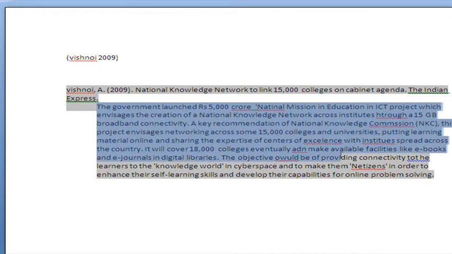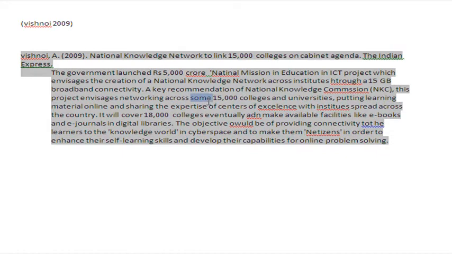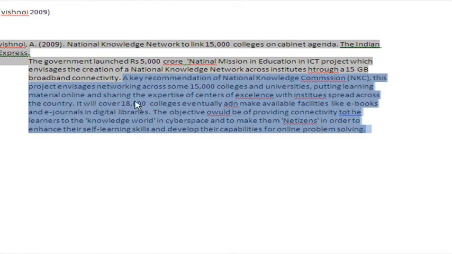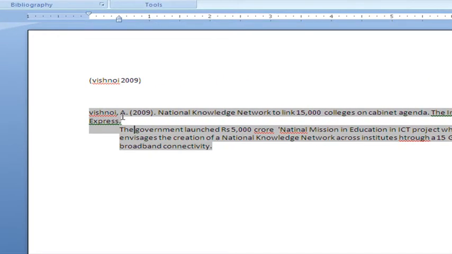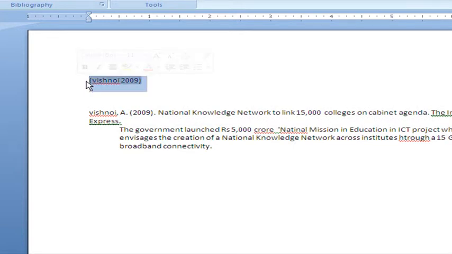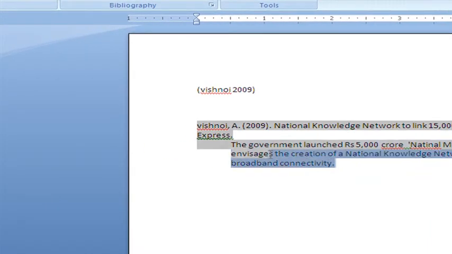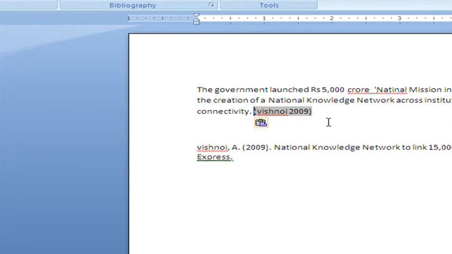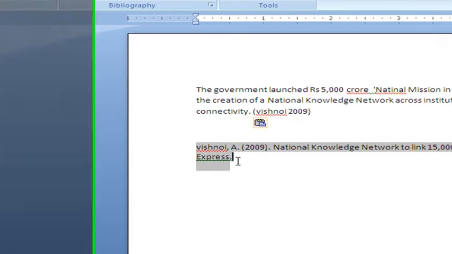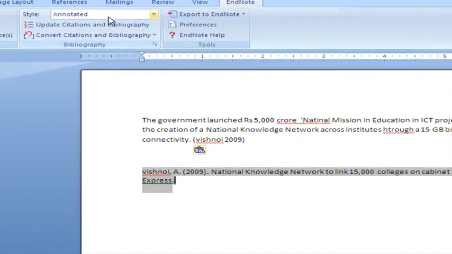This is the citation. I can delete it, like for example I don't want this paragraph, then yeah, this is the one. And for example I will cut this and paste it here, and see, my citation is properly written, my reference is properly written, and this is the reference style, annotated style.